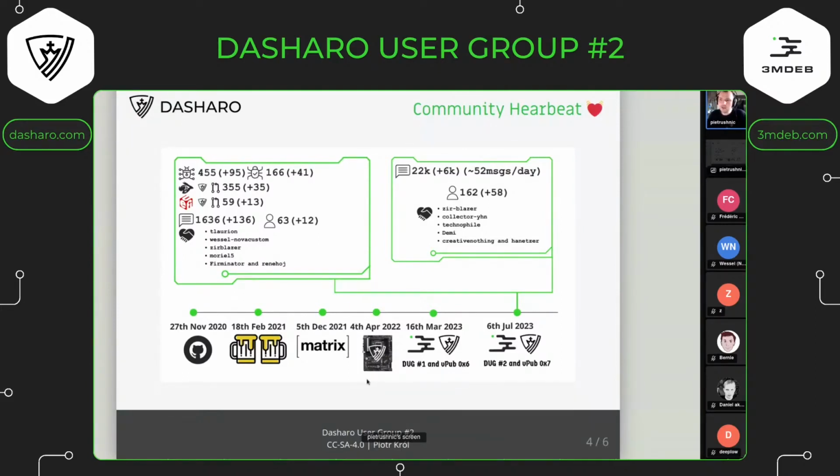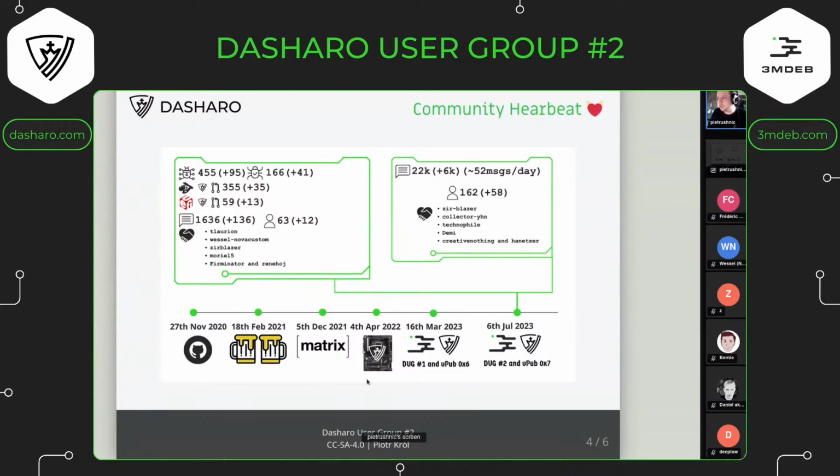The EDK2 fork, the UEFI reference implementation fork that Dasharo maintains, gained 13 pull requests. And in the case of comments under the issues, we gained 136 comments over the last quarter.